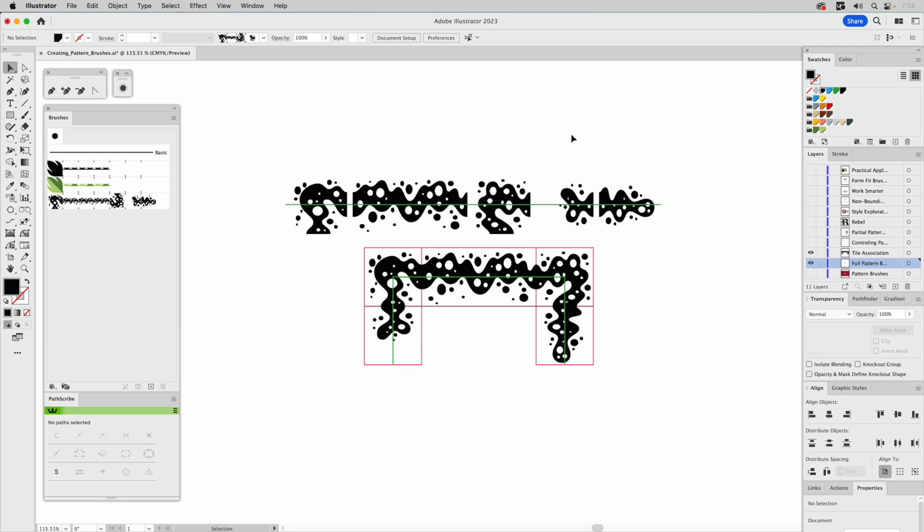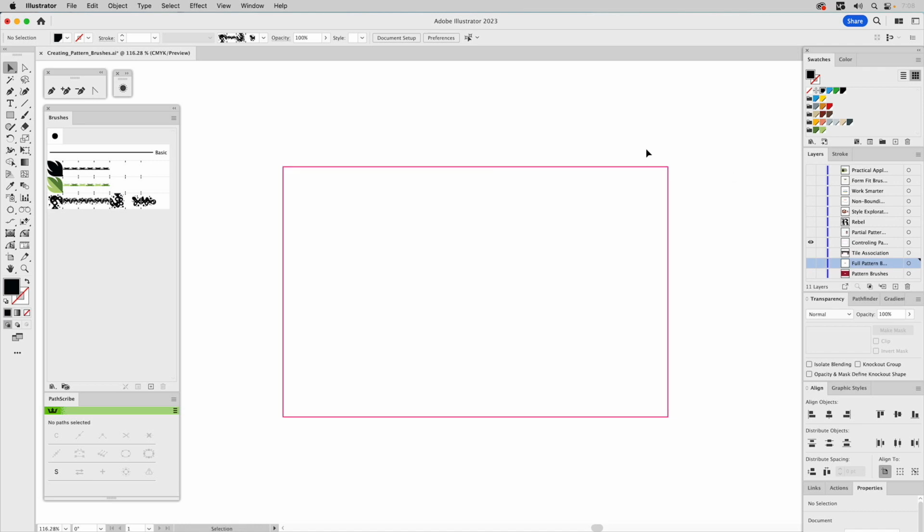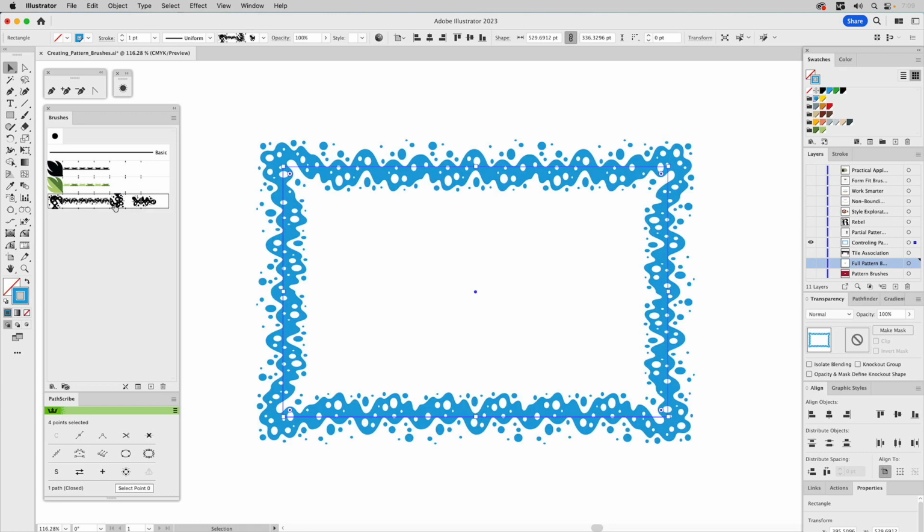It's so you can do tiled type of border treatments, let's say, if you want to, and this is how you could pull it off, whatever design you have. Let's take a look at how you go ahead and use it. We have this rectangle. All we're going to do is select this. I'm going to go ahead and color this blue, the blue color here, and we're going to click on our plasma pattern brush, and it's going to wrap around,